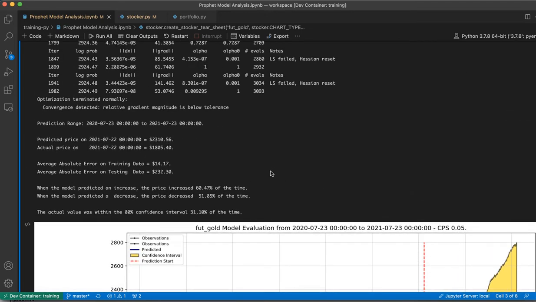So when we use the model, based on the training of the model, the predicted price on 07/22 was 2310, but the actual price was 1805. And if you check the confidence interval, we discussed the 80% confidence interval, the actual value was within that 80% confidence interval 31% of the time. To improve the prediction confidence interval,